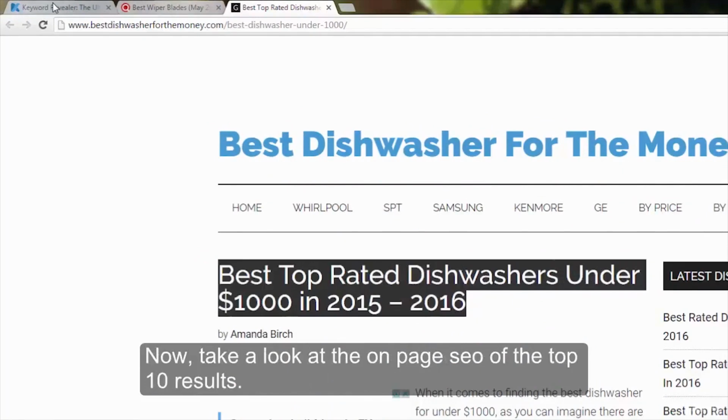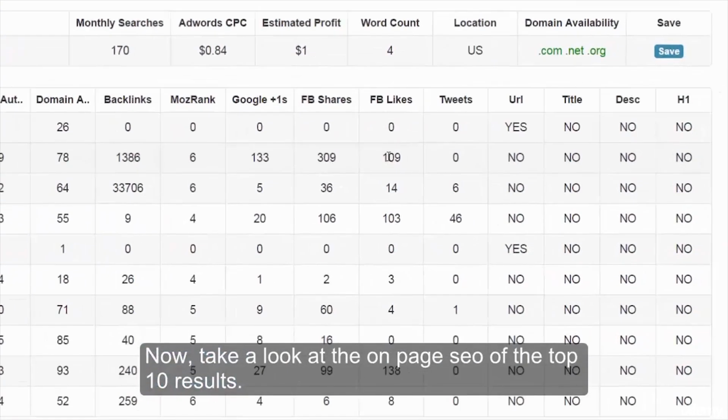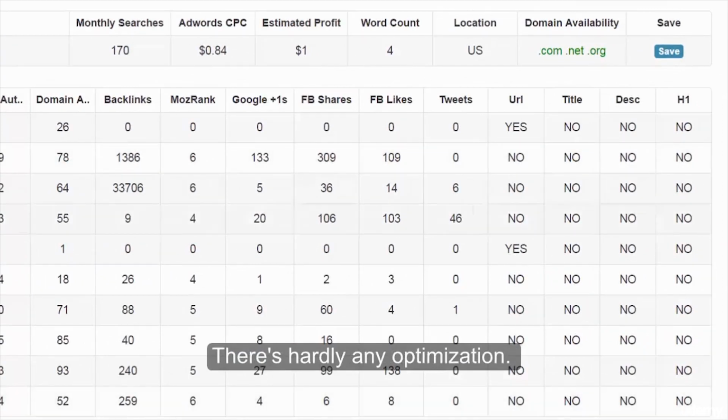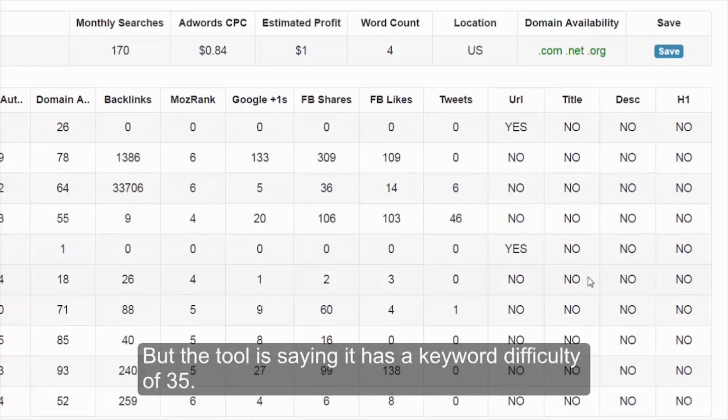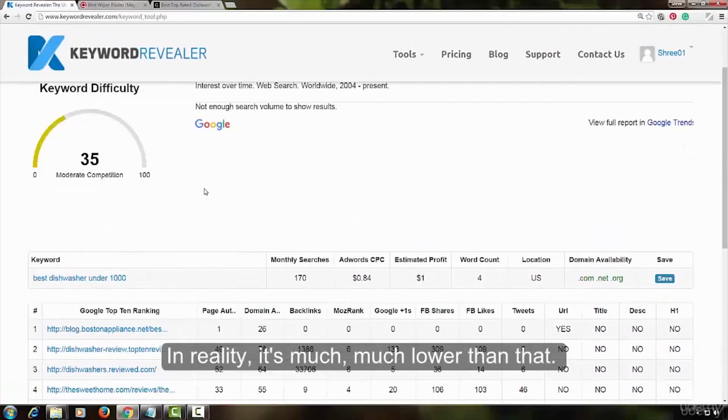Now, take a look at the on-page SEO of the top 10 results. There's hardly any optimization. This is an easy phrase to rank, but the tool is saying it has a keyword difficulty of 35. In reality, it's much lower than that.